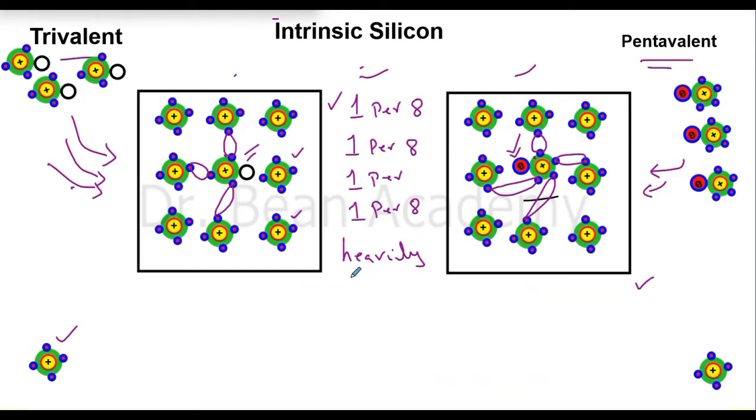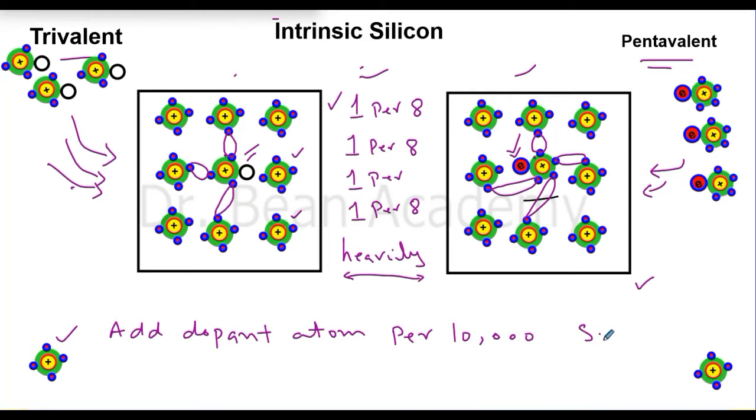Okay, so then what is heavily doped material? When do we say that it is heavily doped? The general rule says that if I add one dopant atom per, what do you think this number will be per silicon atoms? What do you think that number will be around? The number is around 10,000 silicon atoms. So if I add one